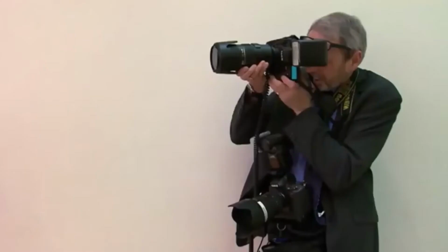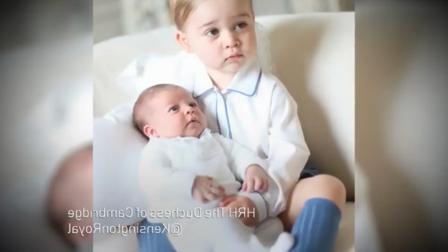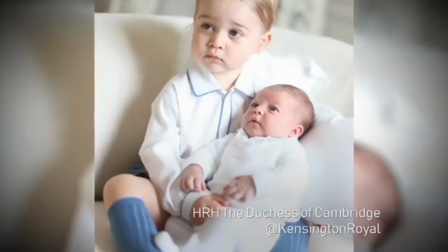Perhaps the Duchess's interest in photography gives some clue as to it. The Duchess of Cambridge, herself an art history graduate from St Andrews University, is an accomplished photographer. The first time that the world saw Princess Charlotte up close with her brother Prince George was when her mother released these photos. The shots, I think, by a photographer could be quite formal,